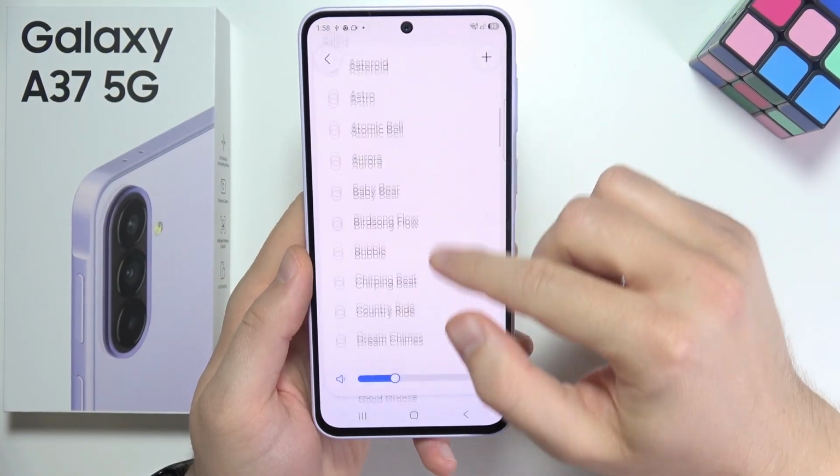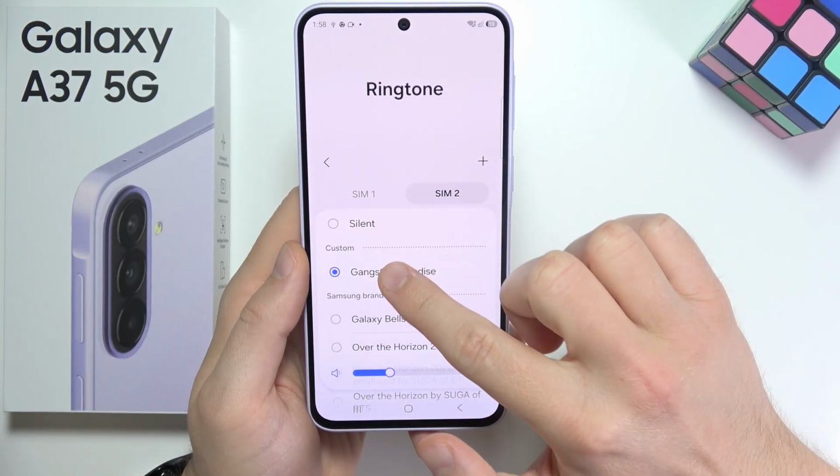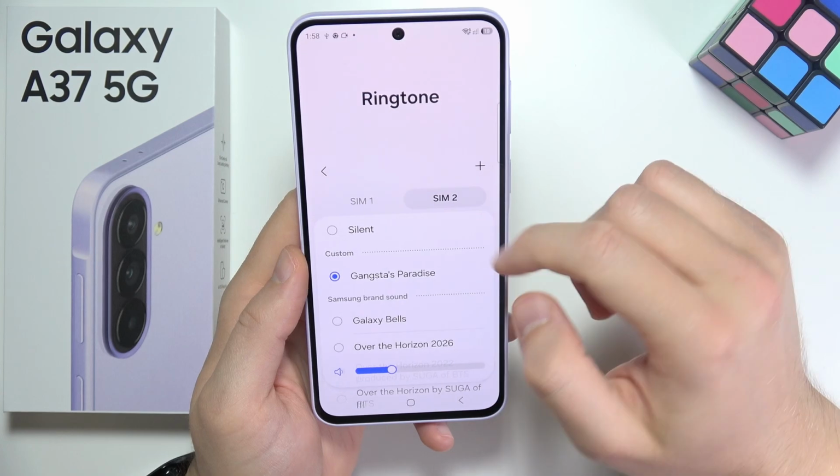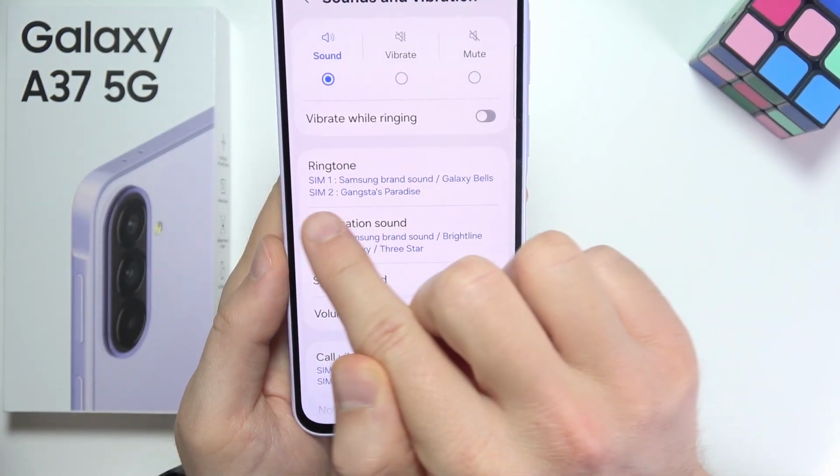And right now you will have to scroll over here, and when you got your sound, you have to select this, and now it will be set as your ringtone. As you can see, when I'm gonna go back to the main page of the ringtones, I can see my